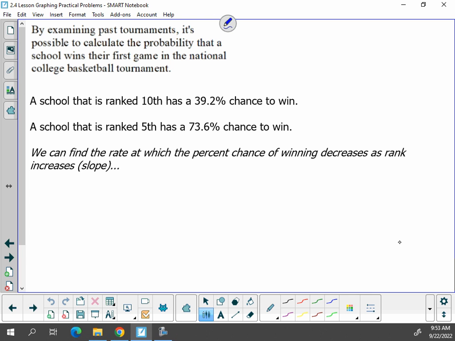So we are talking about the college basketball tournament where we rank teams from 1 through 16 and then they play games. And so we are given some ranks and then we're given some percent chance to win their first game. We want to know the rate at which the percent of winning decreases as the rank increases. And so a rate related to what we've been talking about